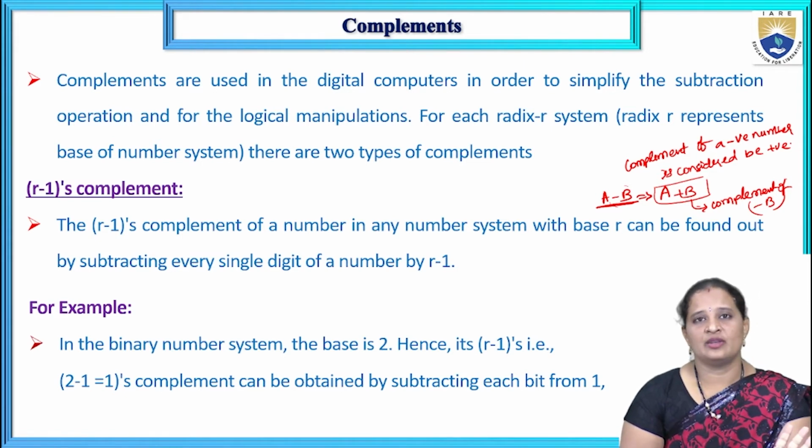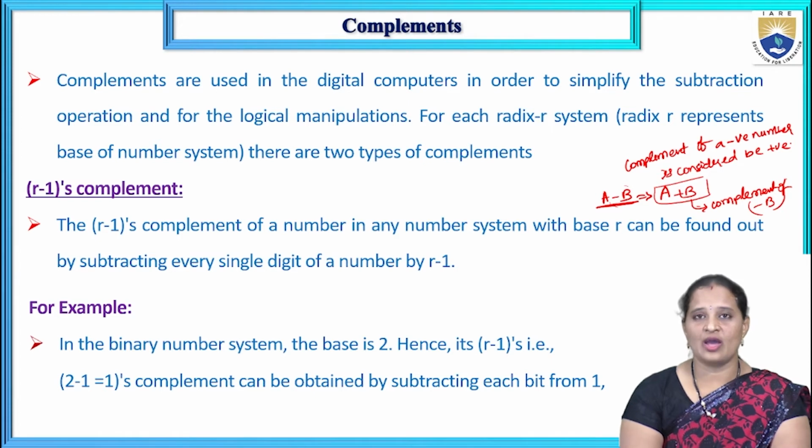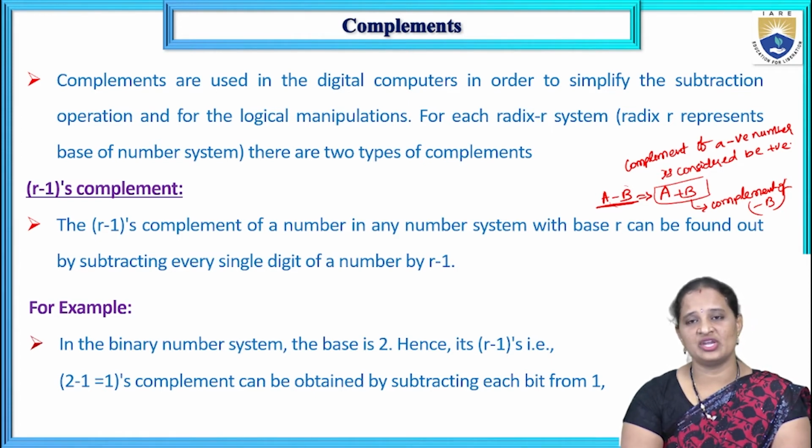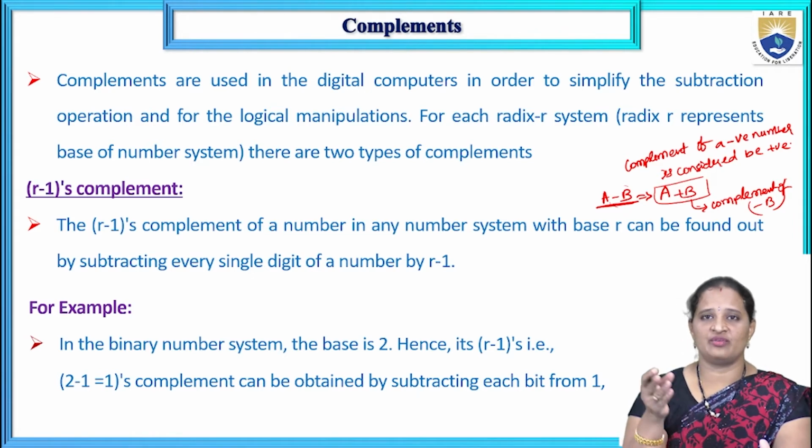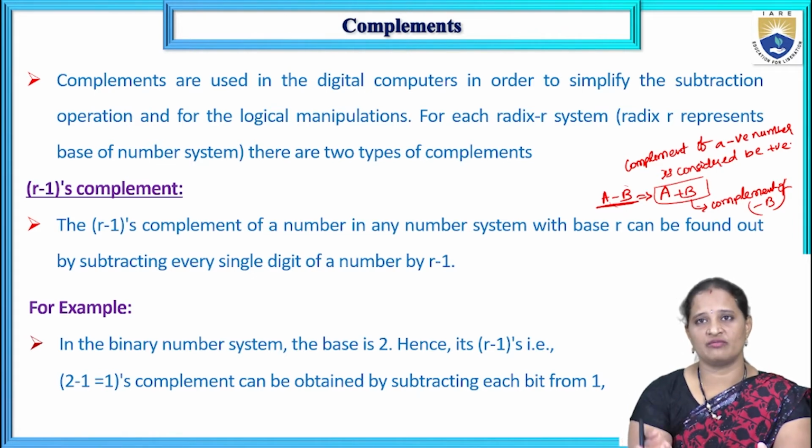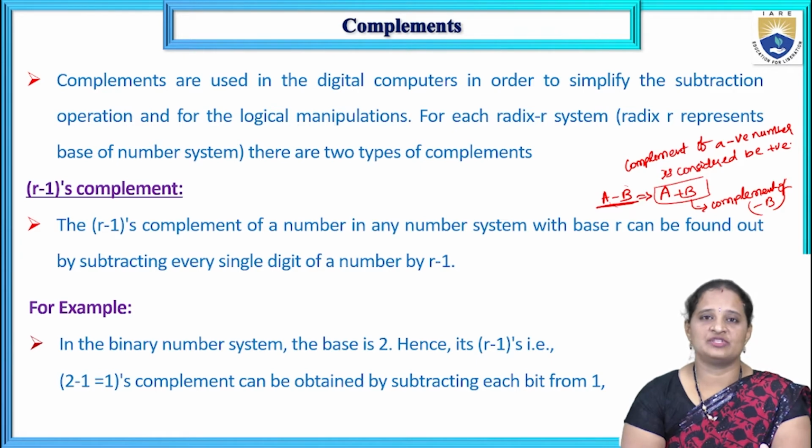So that is the representation. Also, as the sign magnitude representation is ambiguous because we have two representations for 0,